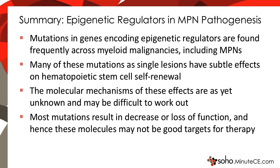So to summarize what we've learned about the epigenetic regulators in MPN pathogenesis, mutations in these genes that encode epigenetic regulators are frequently found as modifiers. Many of these mutations as single lesions have very subtle effects on hematopoietic stem cell self-renewal. The molecular mechanisms are as yet unknown, but importantly, although there's great interest in trying to target these lesions, most of these mutations result in a decrease or loss of function, and hence they may not be good targets for